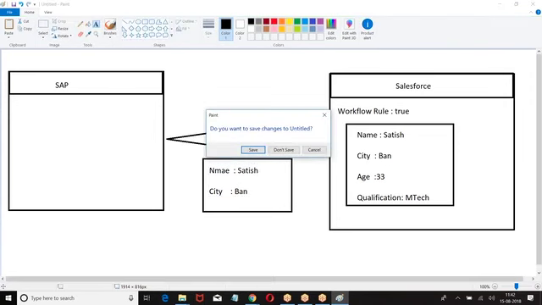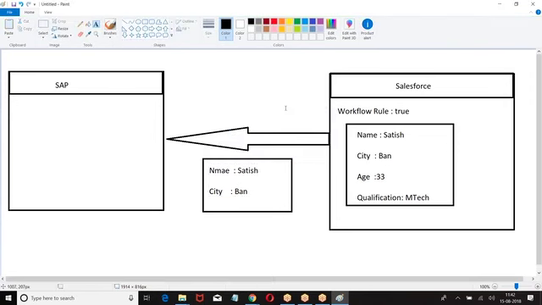So in Salesforce, when a condition is met, send the record to the external system, which is called outbound message. Outbound message is sending the data from Salesforce to external system.